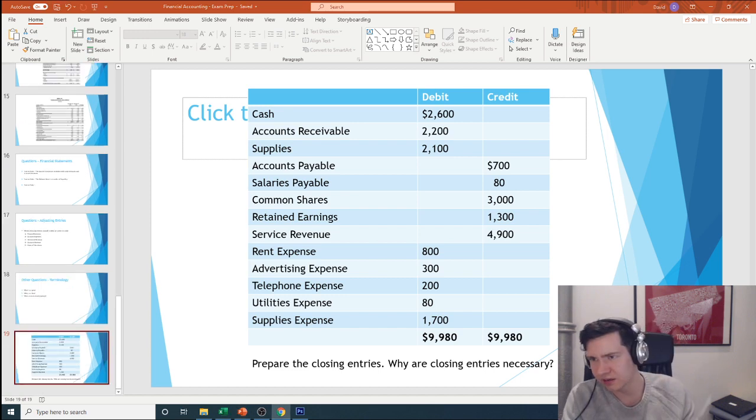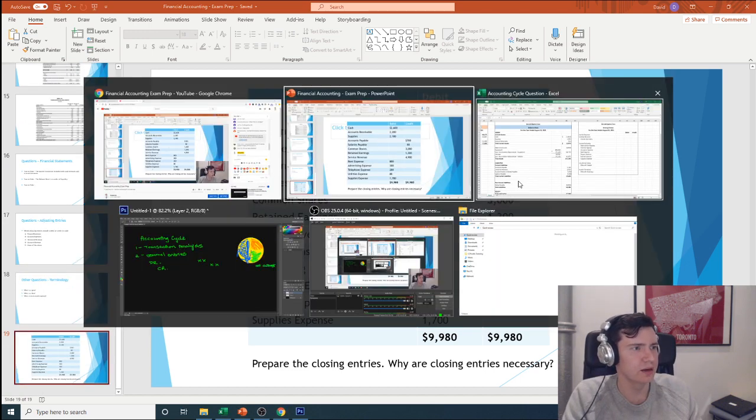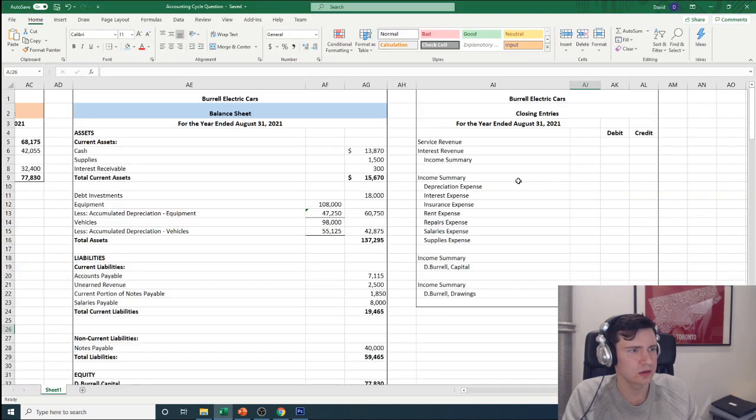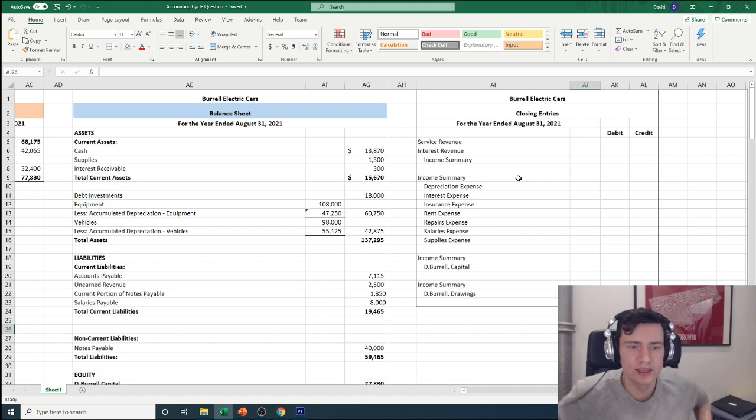Exactly, Brian. So all of the accounts, or not all of the accounts, but revenues, expenses, and dividends, they are all temporary accounts, which means the balances get reduced to zero for the next fiscal year, because it would be incredibly difficult for the income statement to do what it wants to do, which is show you the performance of the company for the year, if you had income from last year and the year before. You need to have a new balance at the beginning of the year to know how well you've performed for that fiscal year.